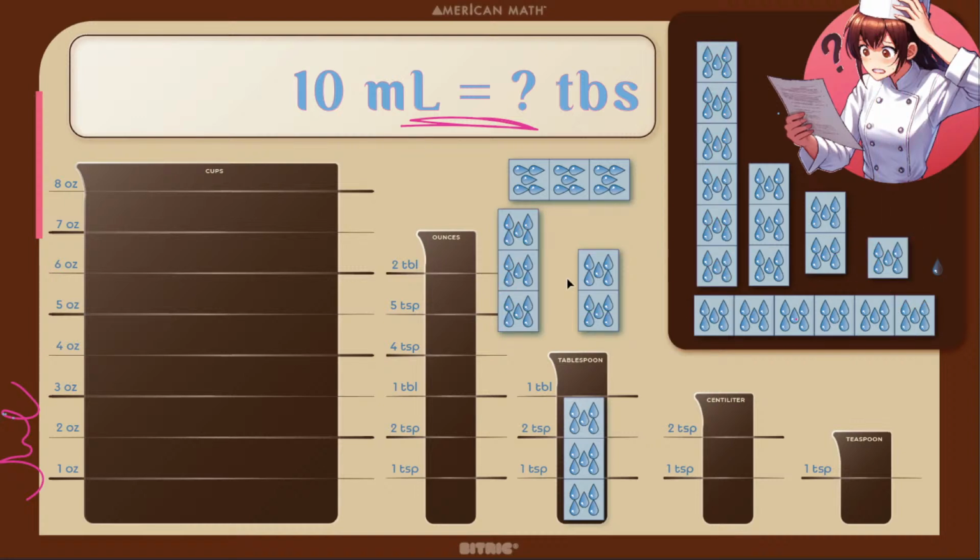So in this case, we have 2/3 of a tablespoon. Very good. Why can't I click it? Oh, there we go. We have 2/3 of a tablespoon, or we could just say 2 teaspoons,